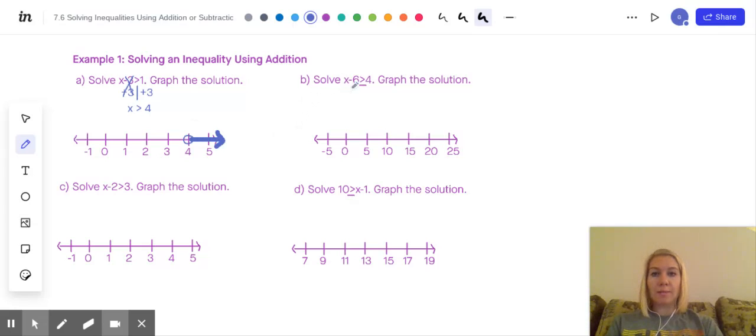It says solve x minus 6 is greater than or equal to 4 and graph the solution. So again, the very first thing I'm going to do is to draw a line down the middle of my inequality, and the middle is the greater than or equal to symbol. We want to get x by itself, so we're going to do the inverse or opposite of subtraction, which is addition. So we're going to add 6 to both sides. All right, on the left side, negative 6 plus 6, that's 0, so these 6's cancel each other out, they're gone, and we just have x on the left side. And x is greater than or equal to,